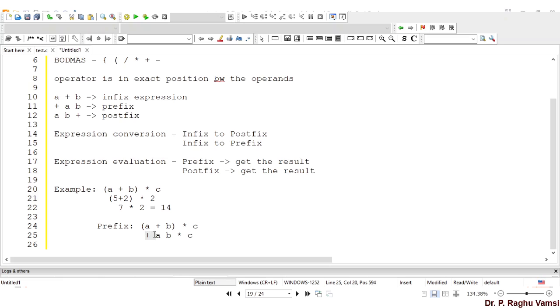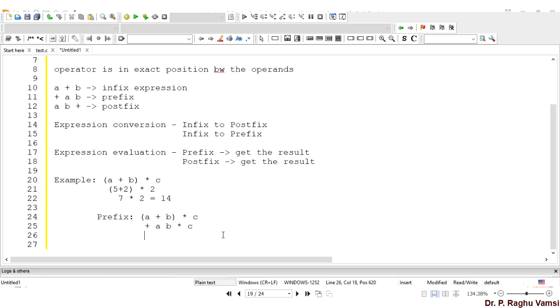Now the conversion happened only for the expression which is available in the brackets. Now we have to do the conversion for the entire expression. So that means the sub expression conversion is over. With this sub expression conversion done, we need to do the remaining expression conversion. Now the only operator in infix form is star c. So assume that this is some x star c. That means if you convert it into the prefix form, then star x c.